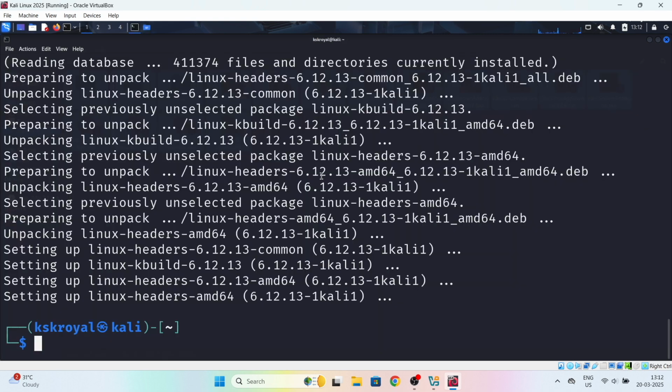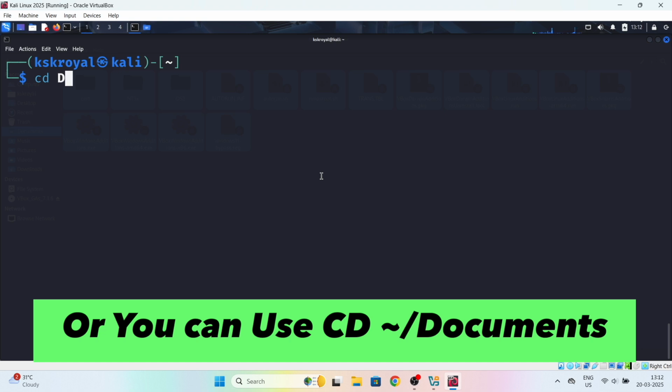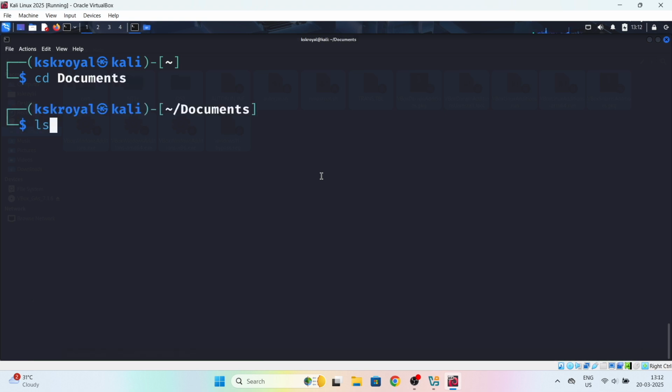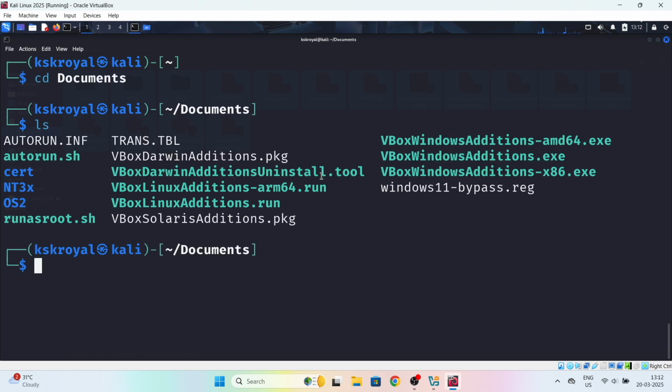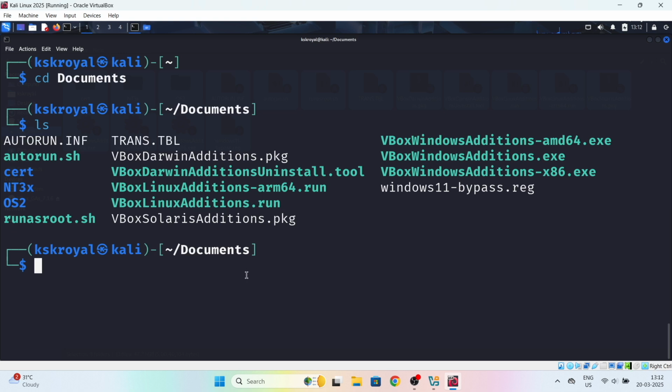Now open the terminal and navigate to this directory. We need to install this file to enable all the extra features of VirtualBox.